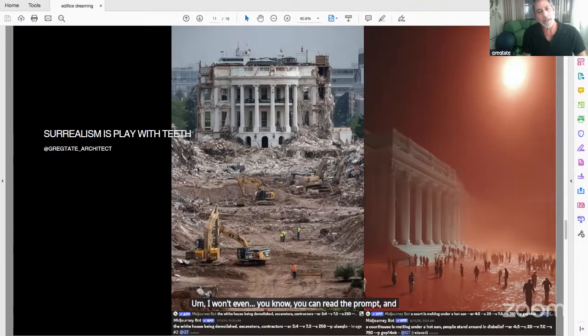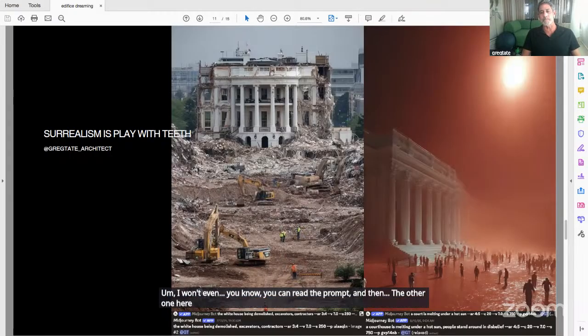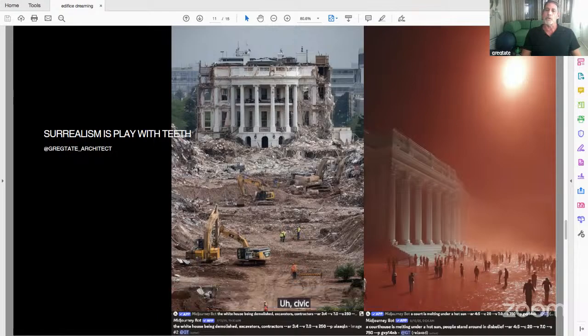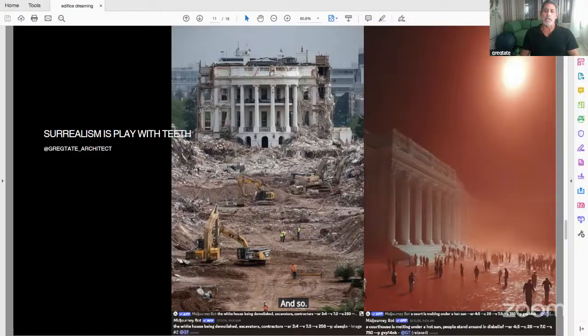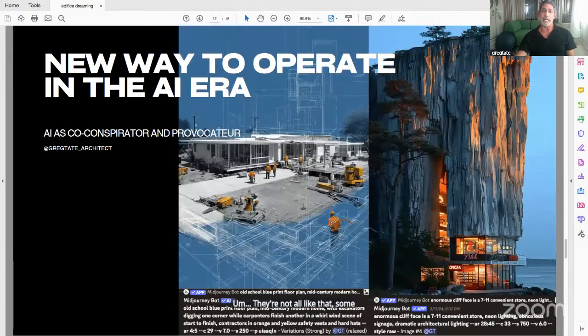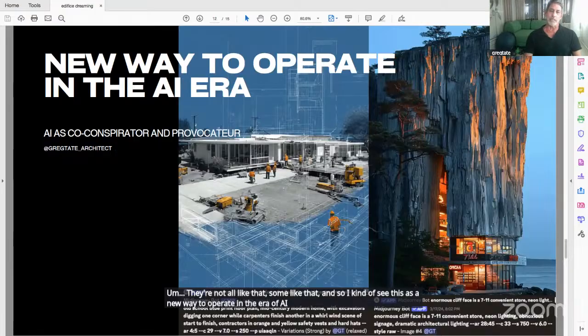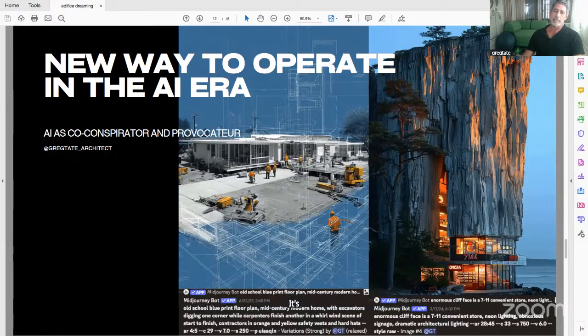And then the other one here is Civic Erosion, where you can go online and see these on Insta, but the facade falls forward. So while they're compelling images, they also have a bite to them. They're not all like that, some are. And so I kind of see this as a new way to operate in the era of AI for architects. AI is a co-conspirator and provocateur, if you will.